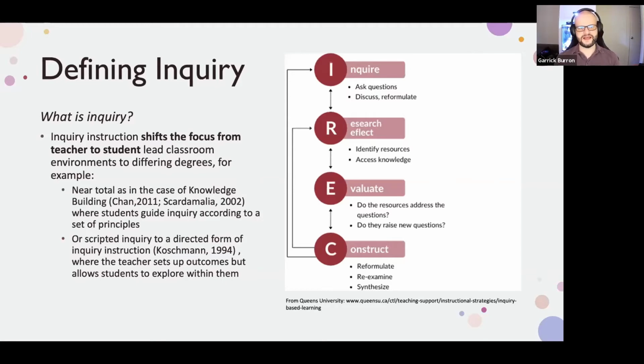It can exist as a near total case, where the teacher has handed off everything to their students, who are defining the questions and discussing their questions. And this is the classic knowledge building done by Scardamalia. Or it can be a more directed form. So the teacher can define a topic that the question has to be directed to, and then ultimately the students make the decision about how they're going to address that topic, what kinds of questions they're going to have about that topic, and ultimately the steps that they want to make to address those questions.